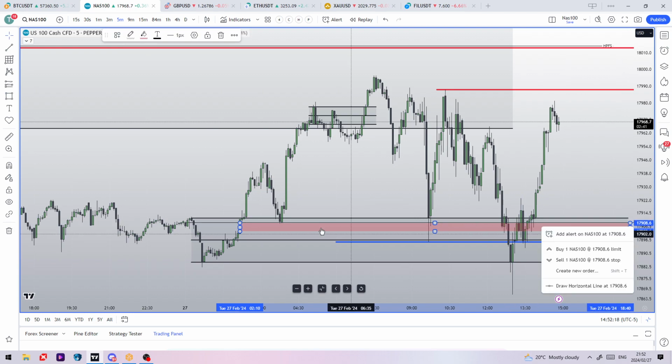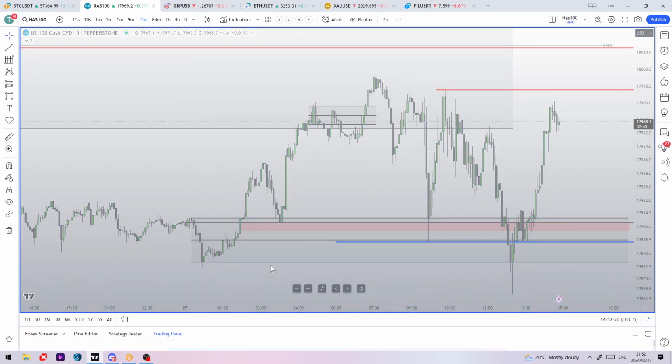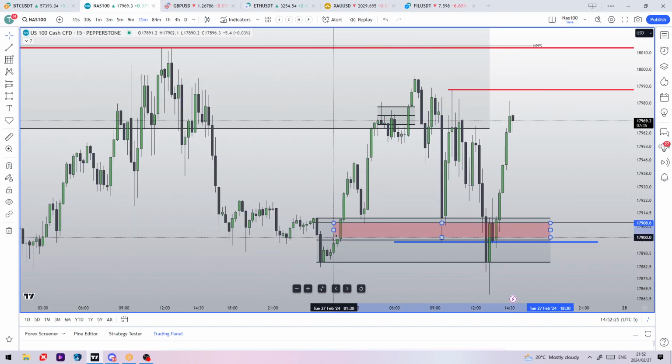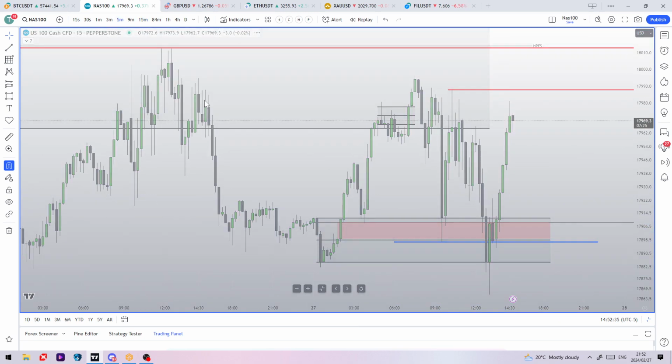Could have been on an M15. Let's just take a look quickly. M15, right? There you go. Right there. So we had an OB range, M15, just so it looks a bit neater, and the imbalance inside the OB range. And on the M5,